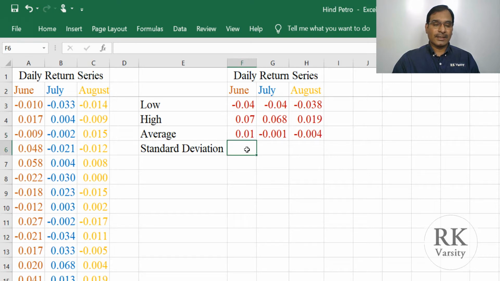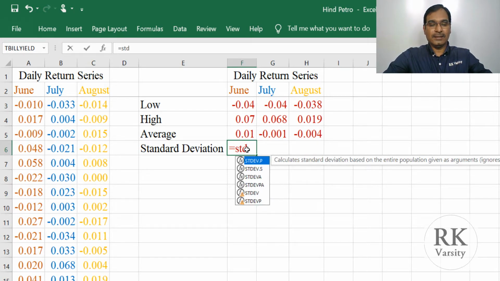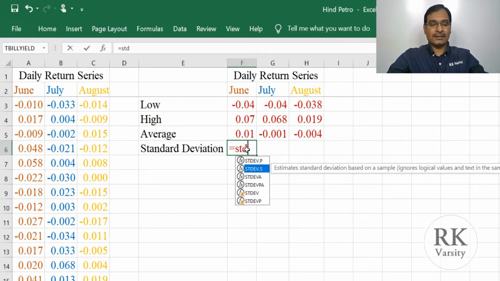Now we will calculate the standard deviation. To get your standard deviation, type equals STDEV.S, because our data is a sample, we use STDEV.S. This option is available in Office 2010 and later versions. If you are using an older one, then you have to use STDEV.